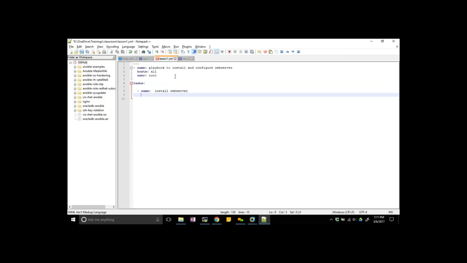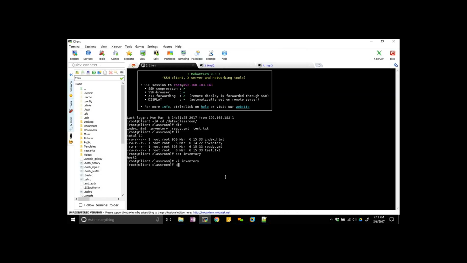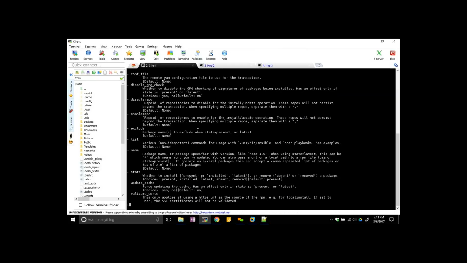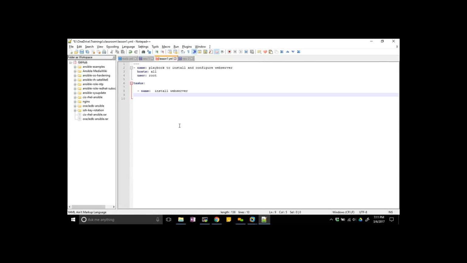After that, use the module we discussed in the last class on how to install a package: ansible-doc yum. This module will install packages on your Red Hat Linux machine. There are two parameters here: one is name and the other is state. Give the module name, colon. This defines the module name, and again here the package name is httpd. And what state do you want?